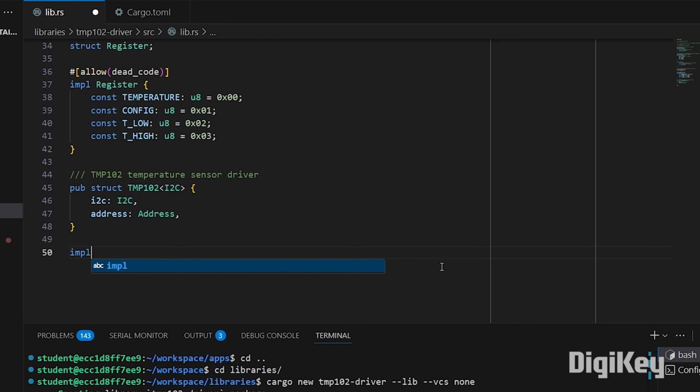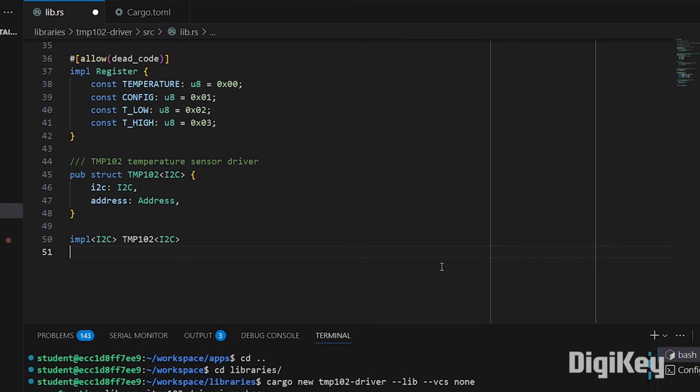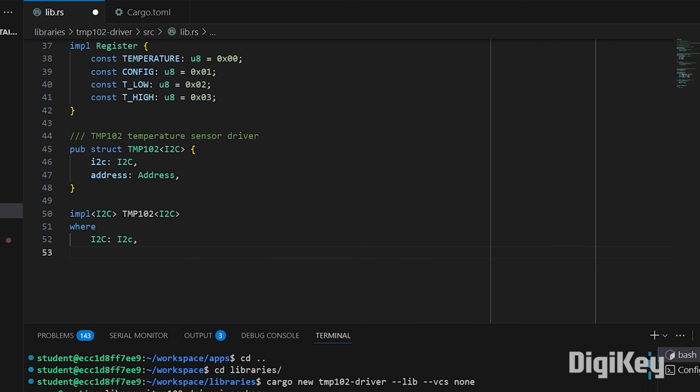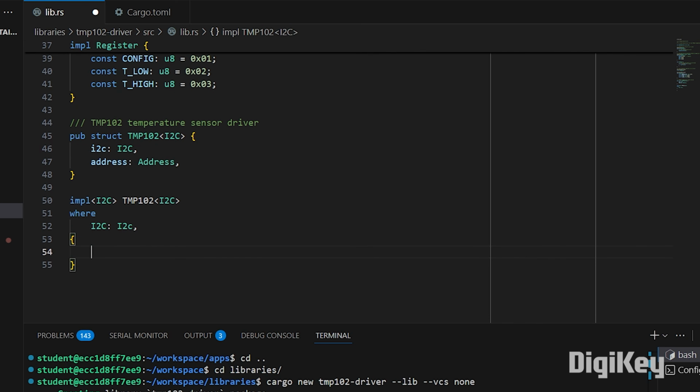We'll define some methods for our struct. So we're going to create an implementation. We will declare that I2C generic type parameter again for this implementation, and we will need to define some trait bounds. Here we're saying that this implementation only works for the generic types of I2C that implement I2C little c